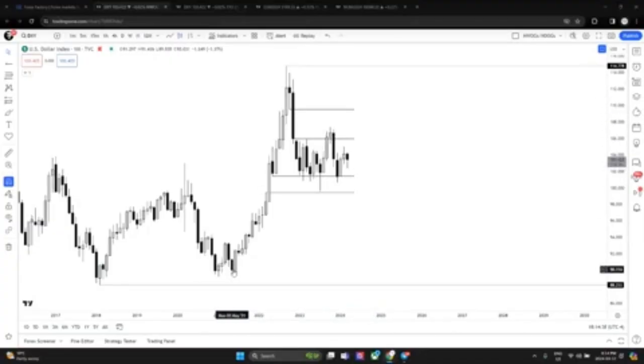The economy, and I'm talking about the world economy as a whole. Everything is a reflection of the dollar's price action. If you don't believe me, just check your charts, please. Even here, remember when we had everywhere locked down in COVID? Look at the spike. That's a reflection of this.